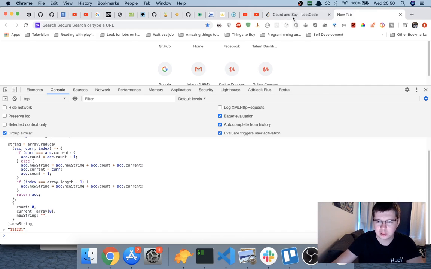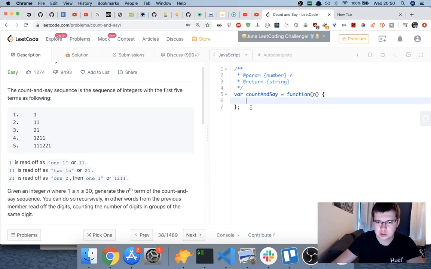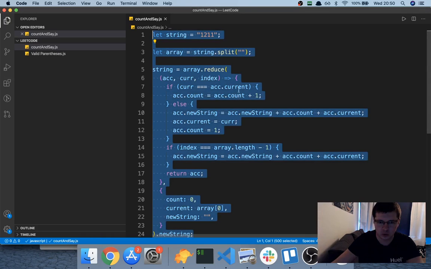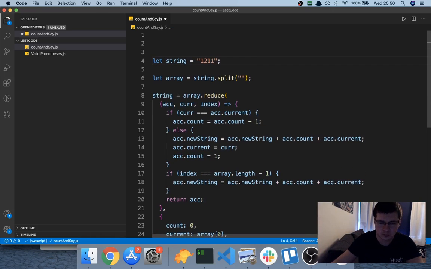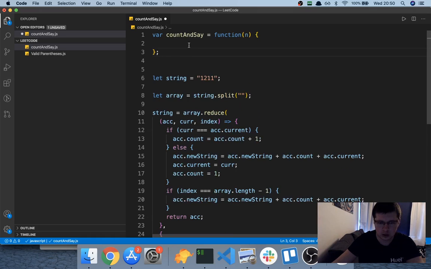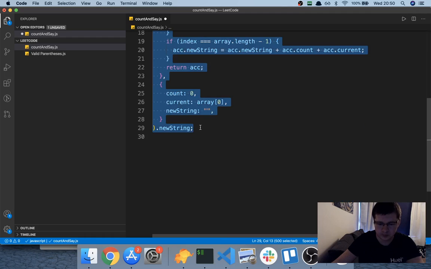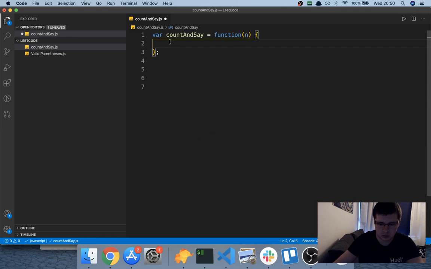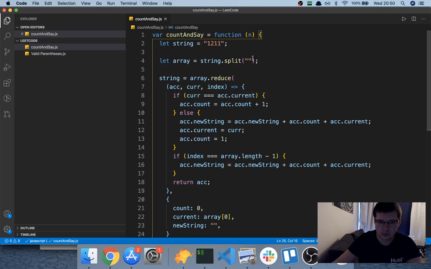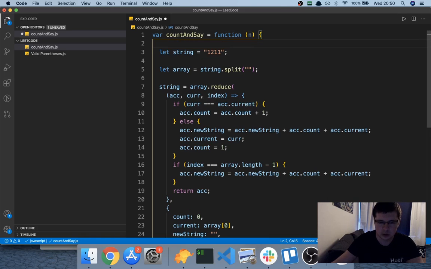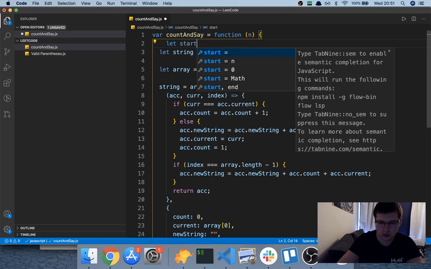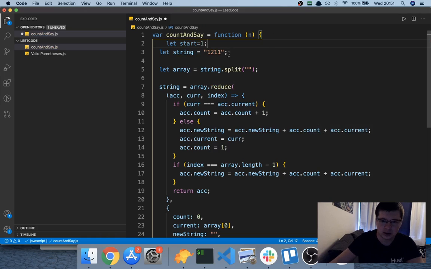So what we want to do now is just copy the starting function. We could write one, but why not? Let's just copy it. And we want to copy this in there, right? And we want to say let start equal 1 and let string equal 1, because we start with the element 1, and then we want to say